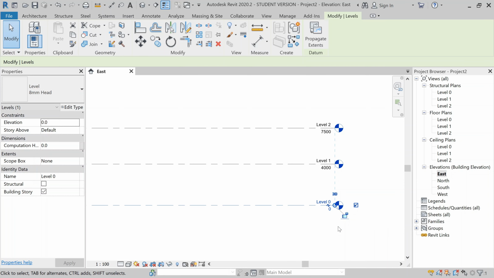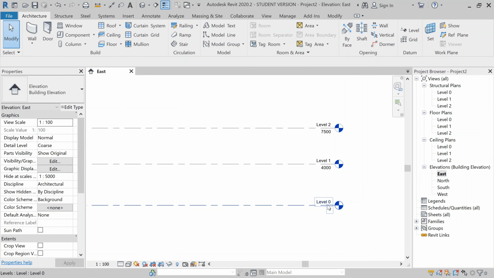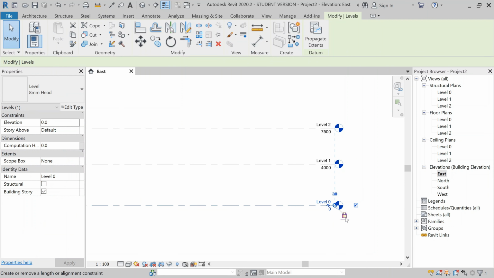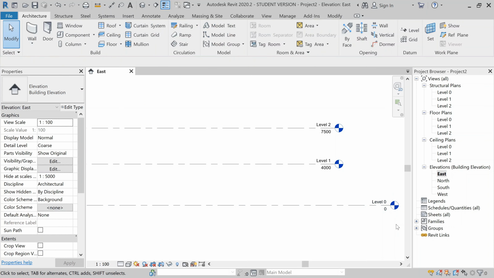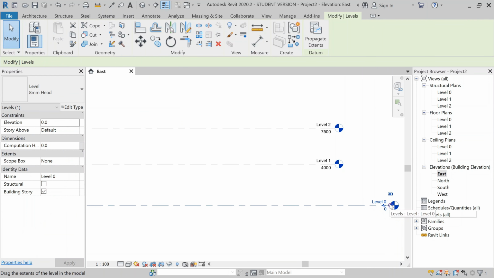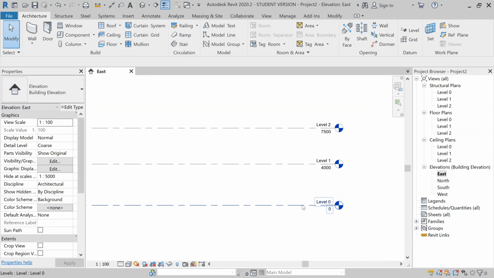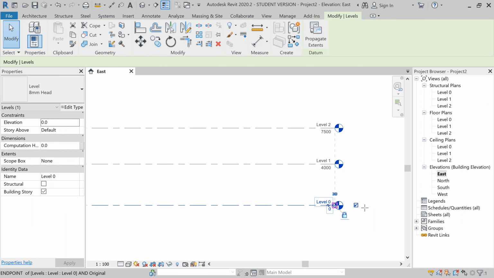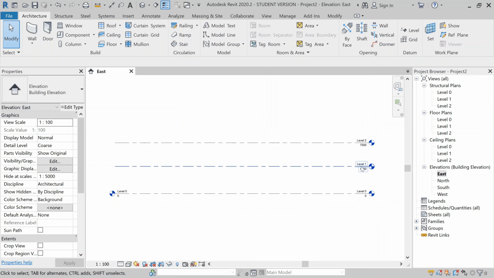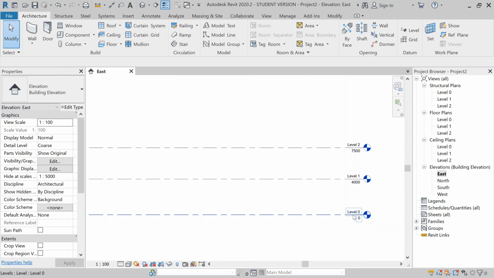After removing the lock, you are telling Revit to remove the constraint, and you can see here the constraint has been removed. If you want the constraint back, select the level again and drag the level back to its initial position, and you will get the constraint back. So let's see again. I will drag it, and levels are following the basic level 0.